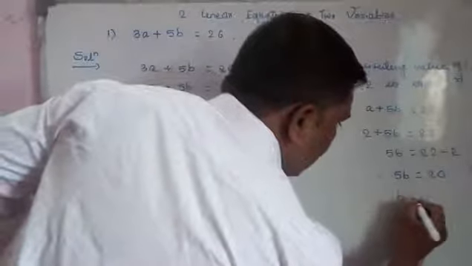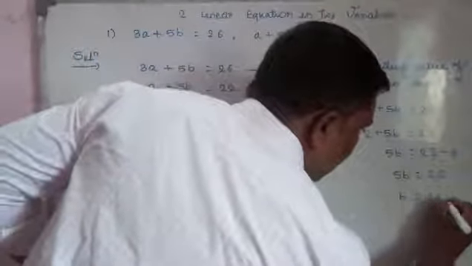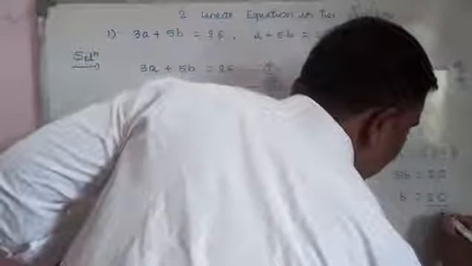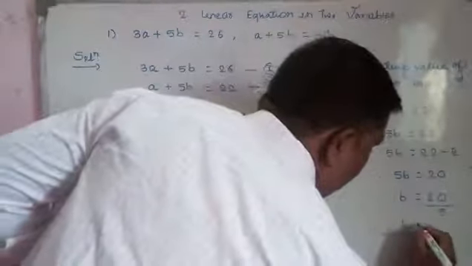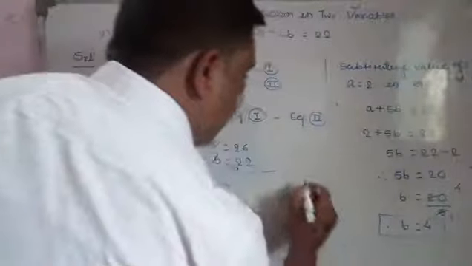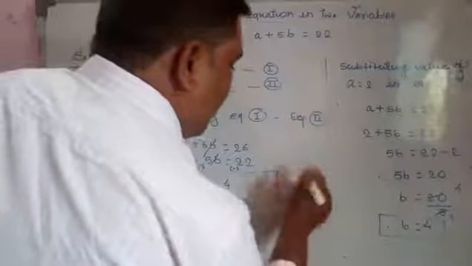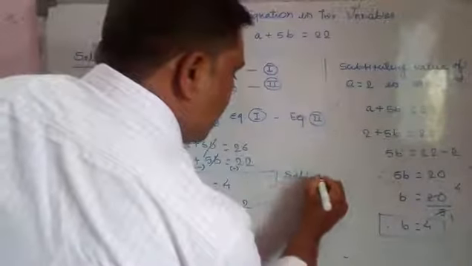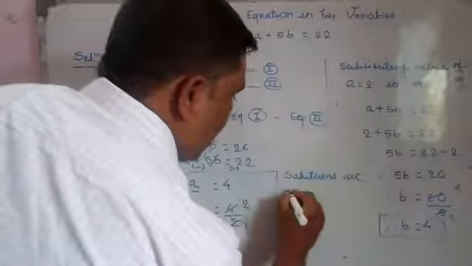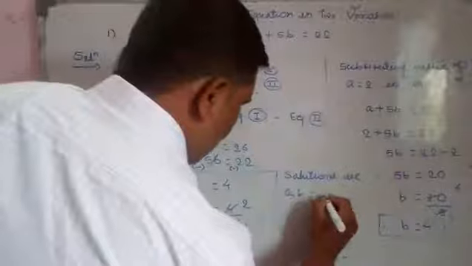But we are going to find out the value of b. Therefore, b is equal to 20 as it is. What about 5? 5 is multiplying on the left side. When we change the side, it will be divided into 20. So b is equal to 20 divided by 5. 5 1s are 5, 5 4s are 20. So 4. Here we got the values of a and b. Therefore, the solutions are a, b is equal to 2 and 4.